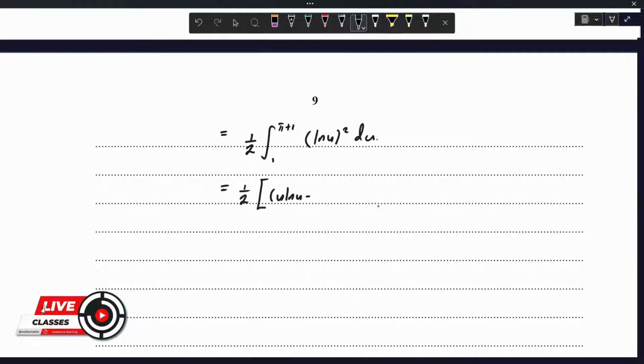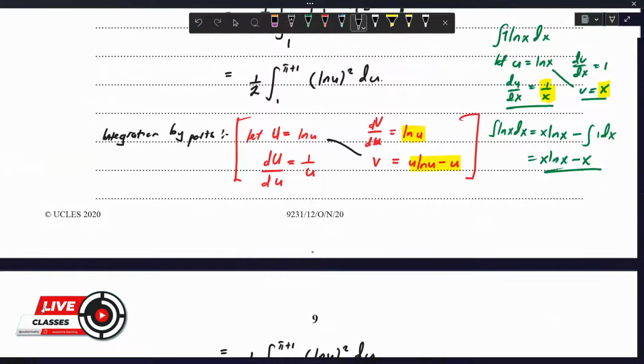And the limits are 1 and pi plus 1, and that's minus the integral from 1 to pi plus 1 of the product of these two,